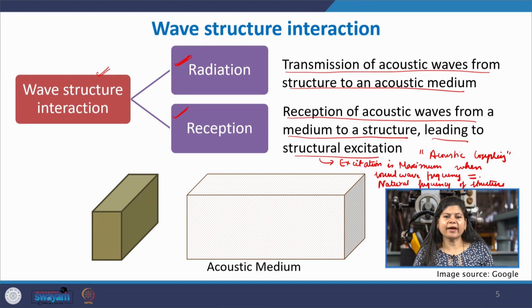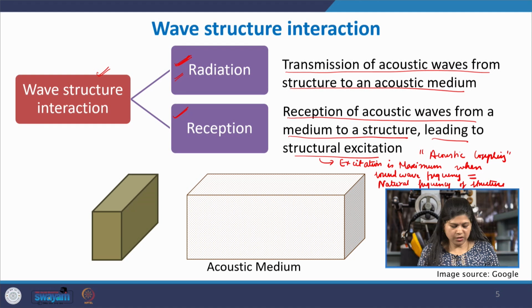Similarly, sometimes you see that due to heavy flow of winds, the bridges are set into motion, they vibrate and they can collapse as a result of that. That also is an example of the reception of the sound waves by a structure, resulting in the excitation of the structure. And if the frequency matches and there is a perfect acoustic coupling, then it can lead to disastrous results where the structures start vibrating at extremely high amplitude and they can collapse and break down. So, now further into this, we will start with a detailed description of the very first phenomenon,